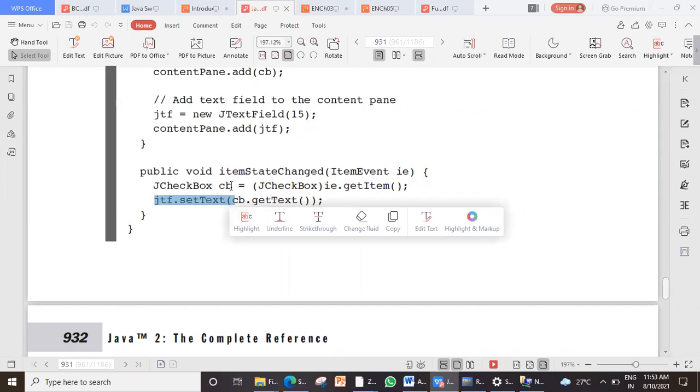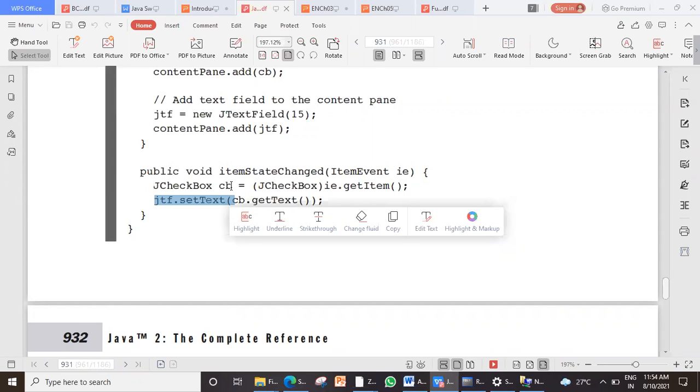Now, from that object, like now Isha has come to me. She has walked towards me, but still, I don't know her name. So once she comes to me, I have to fetch her name. How do I fetch her name through a program? Using Java, getText. Which method will I use? getText.